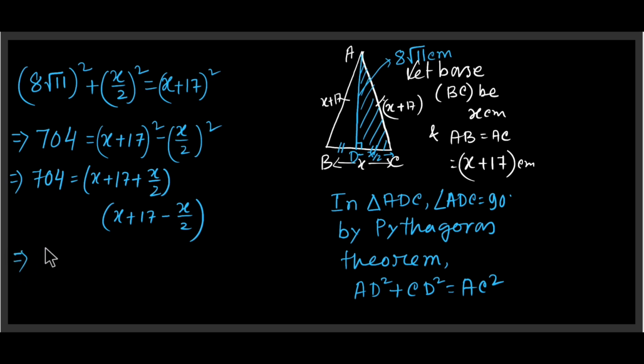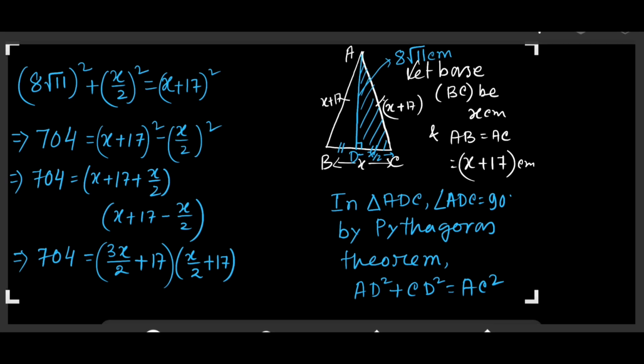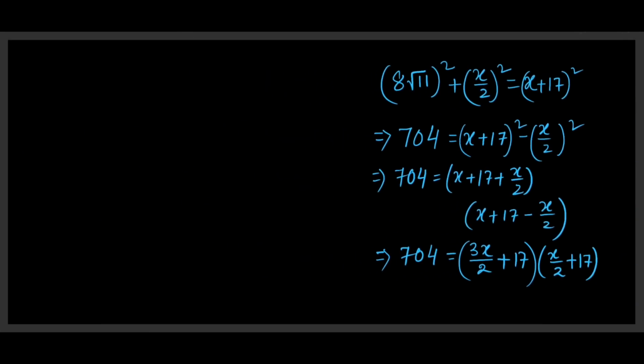So now it is 704 equal to 3x by 2 plus 17 into x by 2 plus 17. So this can be simplified as 3x square by 4 plus 34x equal to